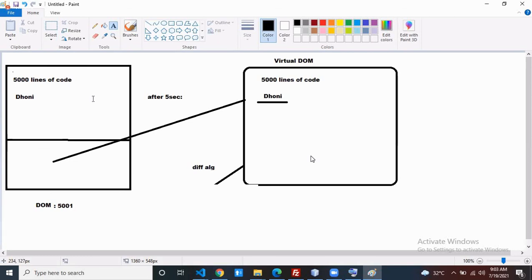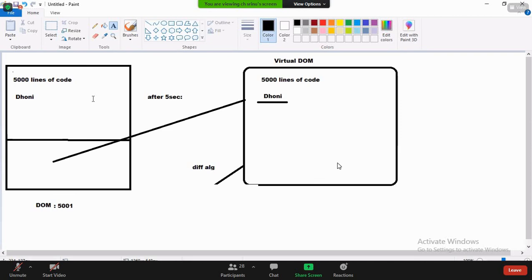Say 1000 lines of code, or 10,000 lines of code is there. What's the problem then? What's wrong if it does not re-render everything? Obviously nothing. That is the reason nowadays people are using React. If the virtual DOM concept is not there,